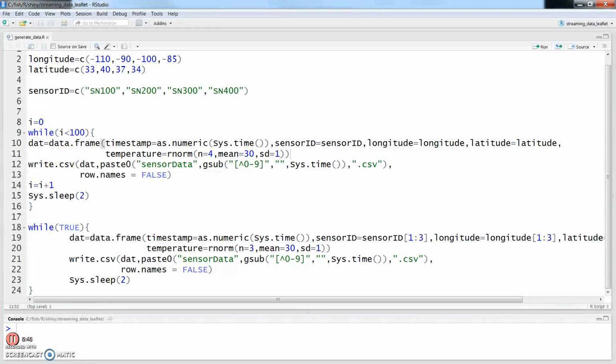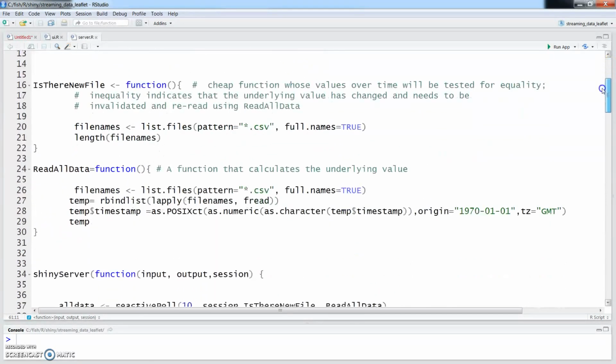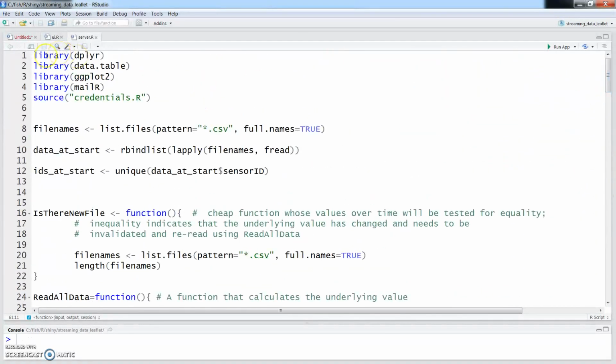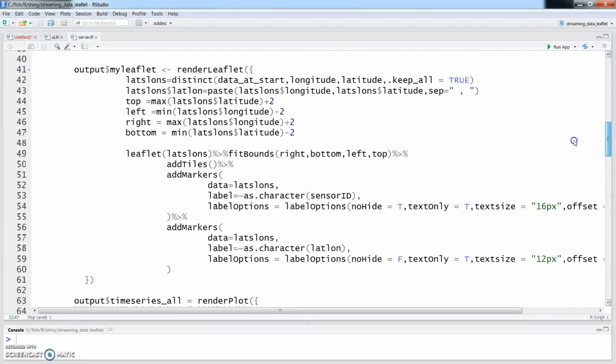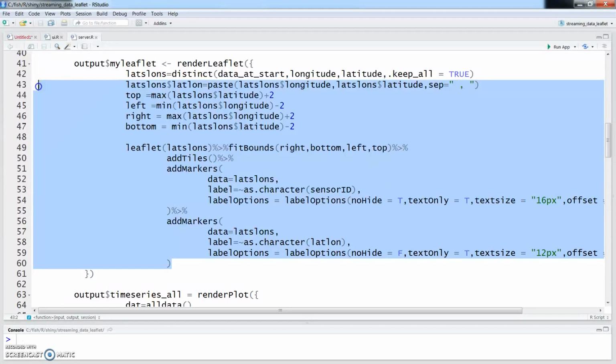The second one, let me first explain the Shiny code before I start it. So in the Shiny part, I have the R code, the server, and the UI.R, the user interface parts. In the R part, what I'm doing is first I read all the data files on my hard disk, and from these data files I create a static leaflet map. By the way, I will upload this code to GitHub, and if you are interested, you can have a look. So here I am creating a static leaflet map that shows the geographic locations